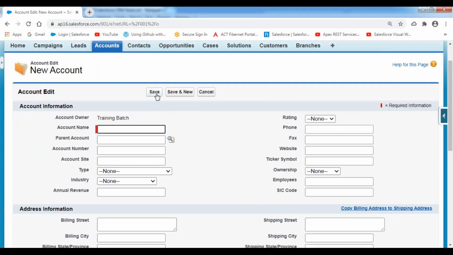When I am about to click on the save button, suddenly power went off. My system has shut down because I don't have any battery backup. So in this case, what will happen?